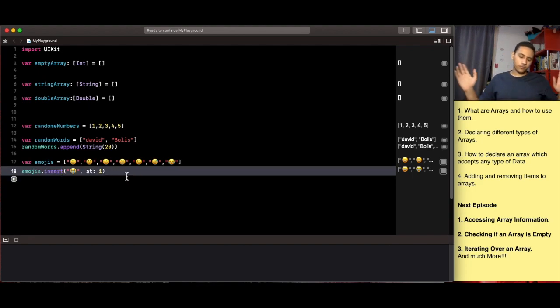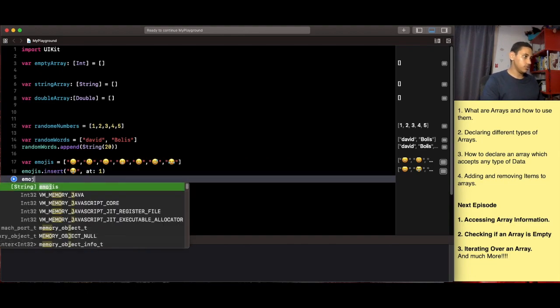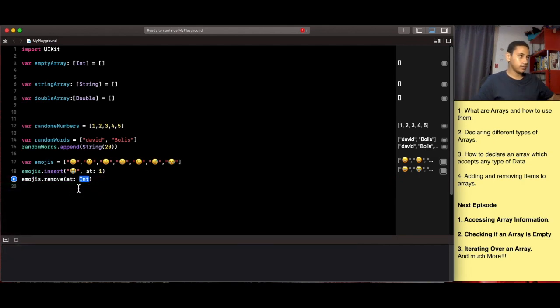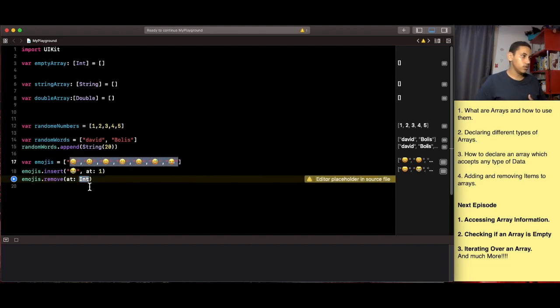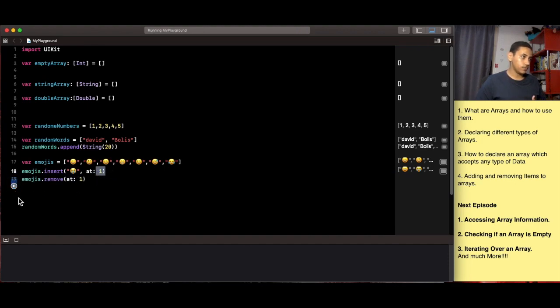Let's say, you know what, we don't want that crying face and we actually want to remove it. All we need to do is simply come here and say emojis dot remove, and pressing remove all would remove all the items we have in the array, while remove at and then int means, hey, give us a position. It can be an integer as long as it's within the index range here. So I can say 1 because we know that this was added at position 1. And if I run this,